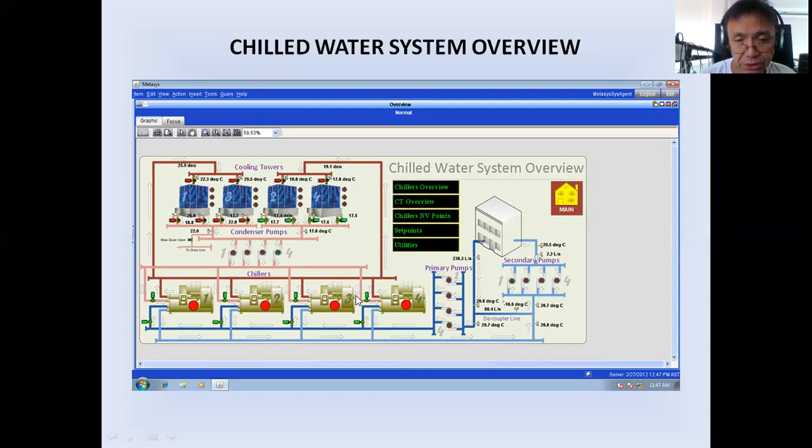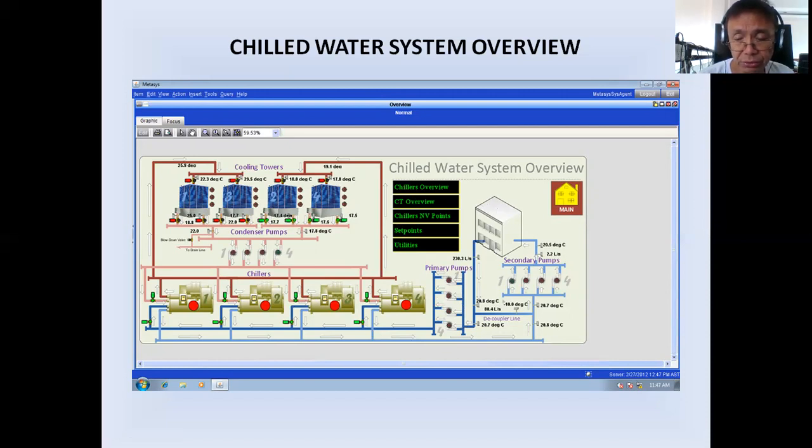As you can see, one butterfly valve for the entering condenser water and one butterfly valve for entering chilled water, okay, coming back from the supply load. Okay, so cooling tower, condenser pump, chillers, then you have the primary pumps. Now actually primary pumps will be the one to pull the chilled water back to the chiller from